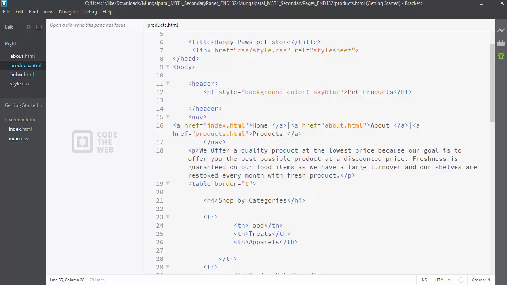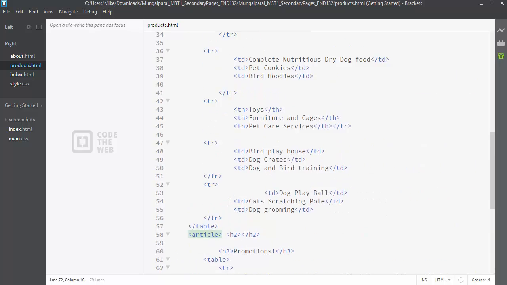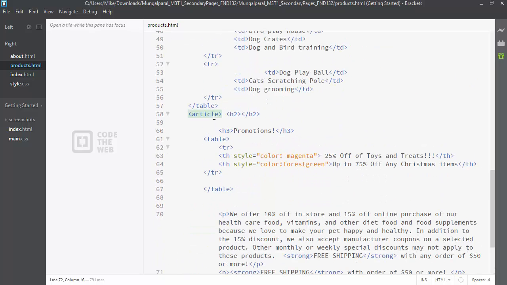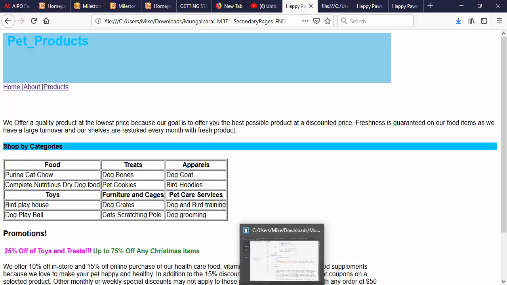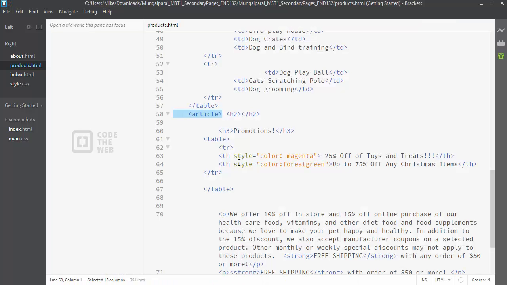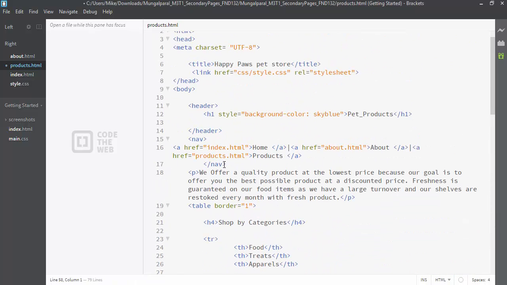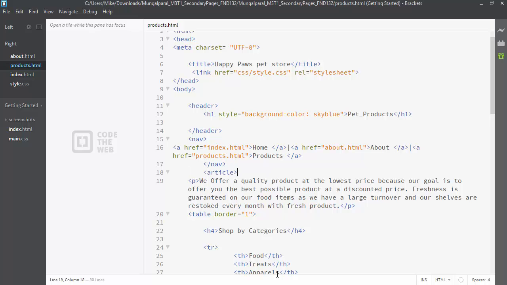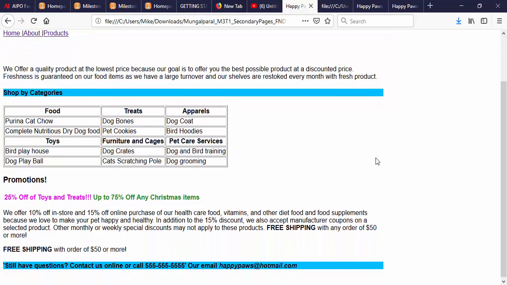I just noticed that you're missing your article tag on this page. You have the opening article tag right here, and really what we want to do, because see how this blue, the background color is going all the way across the browser? That's because it's not in the article tag, and we constrained that with 960 pixels. So what you want to do is just move the opening article tag up here after the closing nav tag. Now watch what happens. So make sure that the text fits within 9